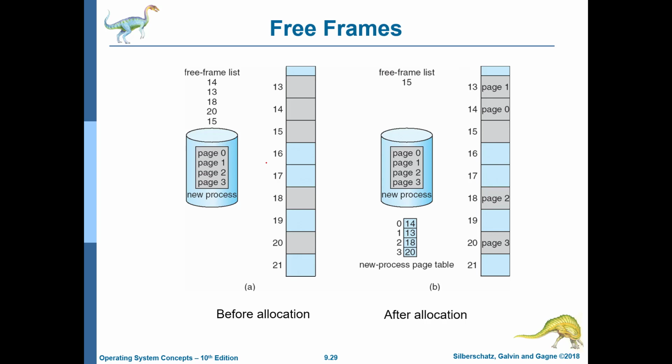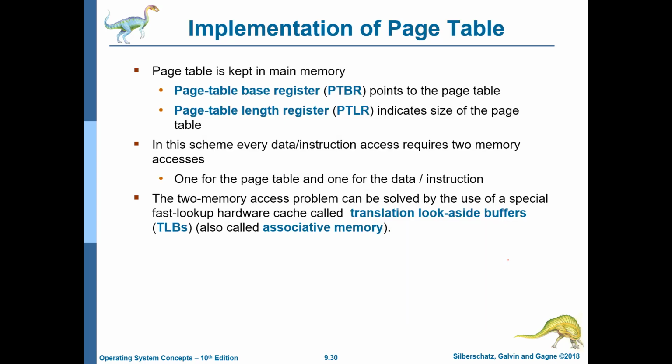Whenever we need a frame, we can immediately go there, find a free frame quickly and allocate that to a page. For example, let's say a new process comes and it needs to allocate 4 pages, 0, 1, 2 and 3. We can immediately find free frames for them and quickly allocate them. It should be possible to do so quickly.